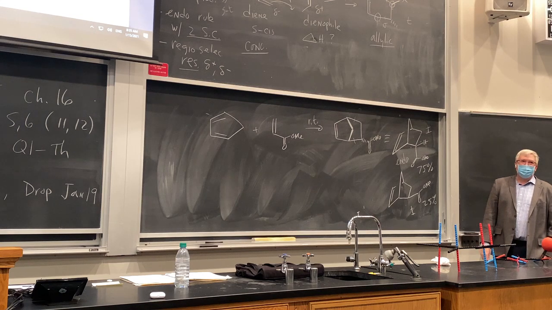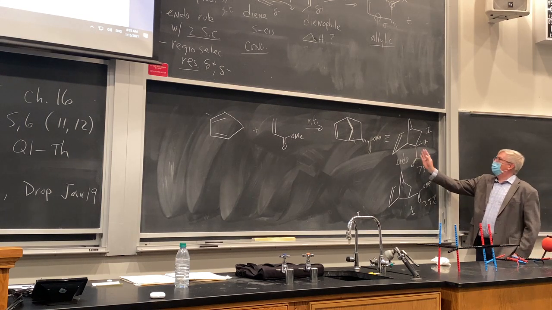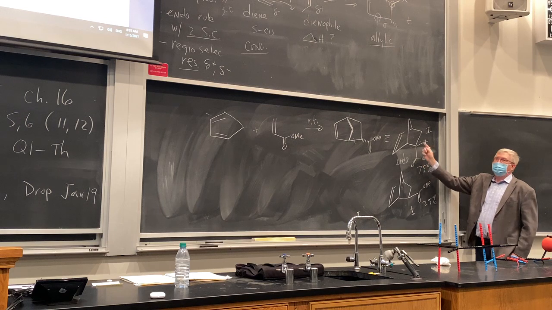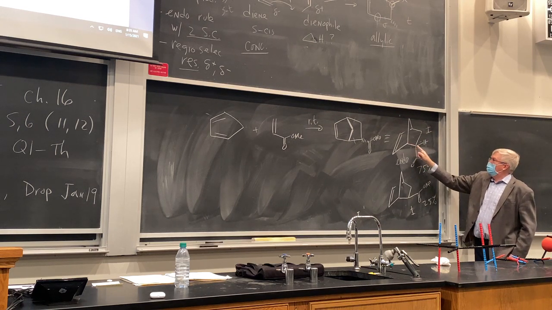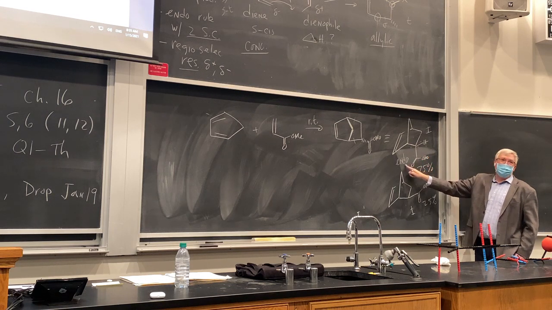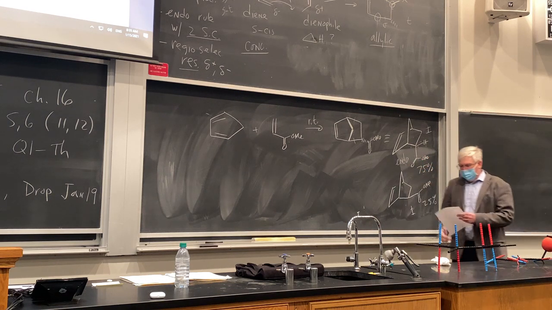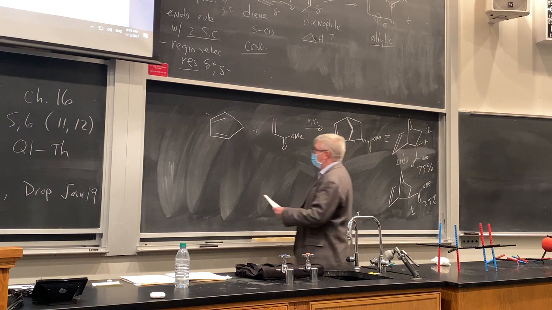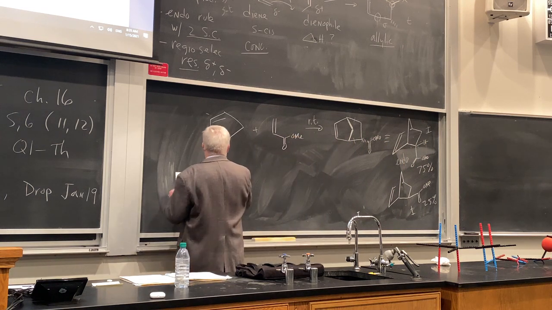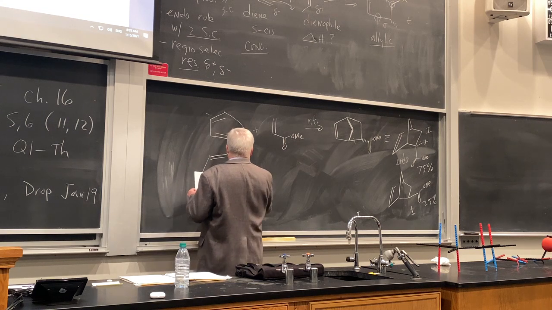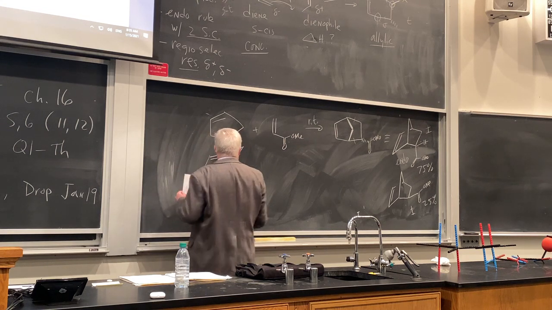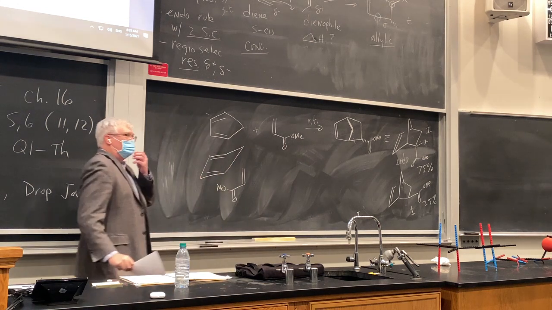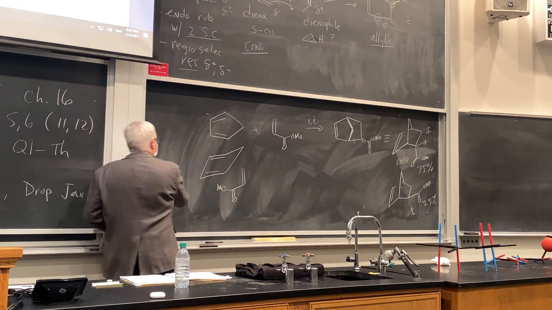Another level of complexity. Which means there are actually two endo transition states that lead to the two opposite enantiomers. But it's this relative stereochemistry right here that's the rub now. Okay, why endo? Let's see if we can rationalize this. Let's draw the transition states. And we're going to start with endo first, where we've got the